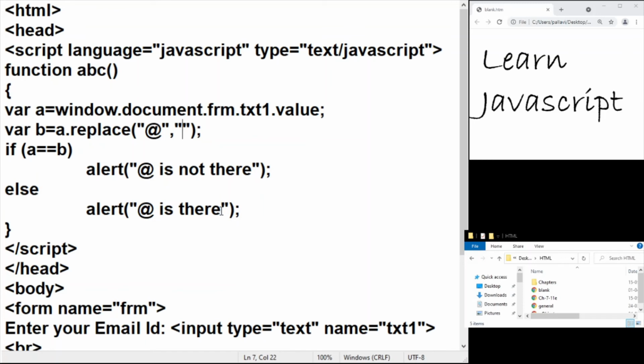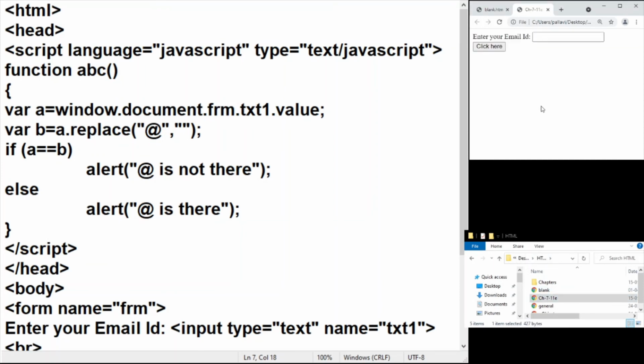So for safety purposes, if you are using the previous solution, the length one, then it is wiser to use this option, right? And the third thing you can do is, instead of using the string character, you can go ahead and say this thing also. So this is your third solution to the same one, but I'm going to still stick to my original solution. Let's see this in action.